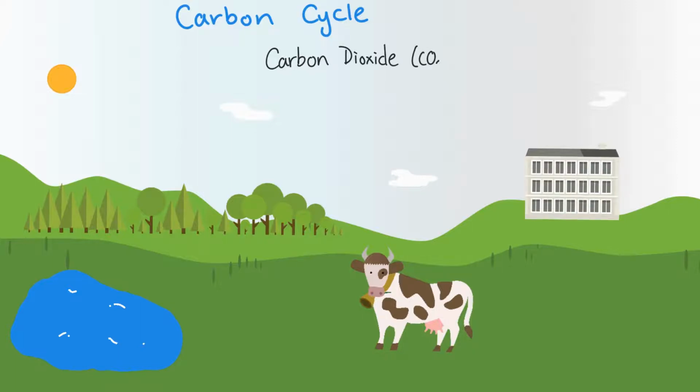We're going to abbreviate that CO2. And the way that CO2 in the atmosphere gets into the biosphere, so we're going to draw an arrow showing the movement of carbon into these plants, is through the process that plants do to get their food, to get their sugar. That is